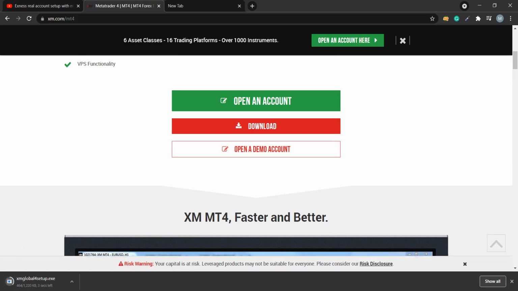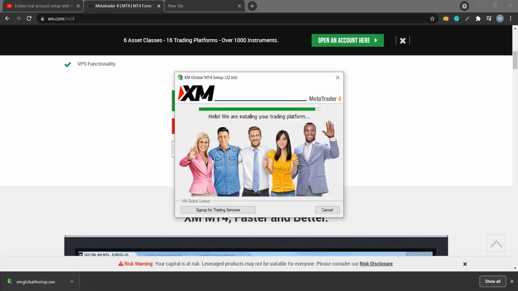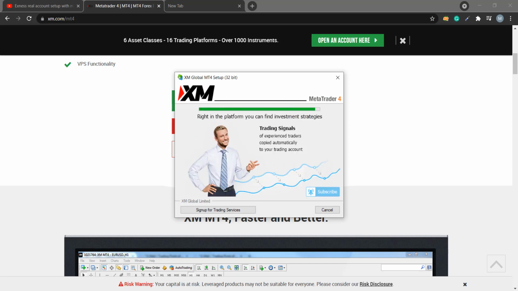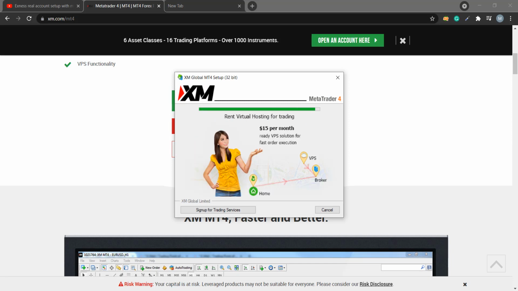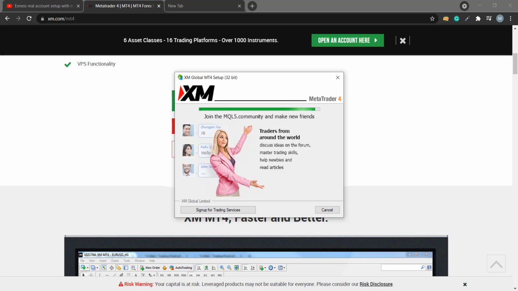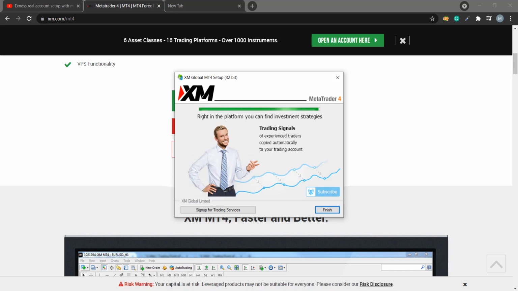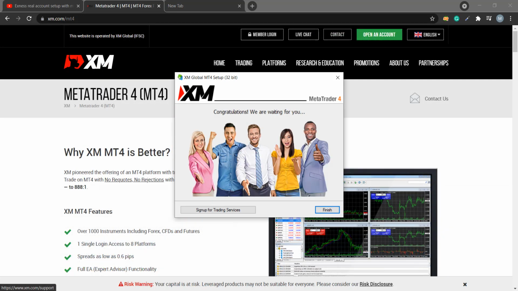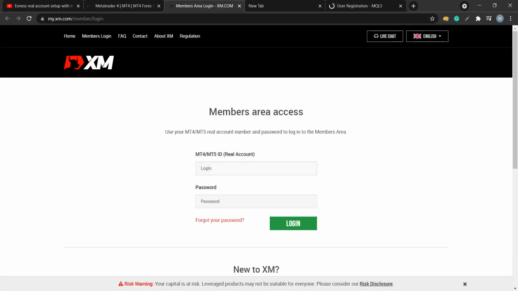After the download completes, you need to install it, and then click here. Check, the install is almost complete. This is very fast because this platform is good. If you are into trading as a forex trader, you can choose this platform. From the login page, you can check the login option. You can put in your MT4 ID and password, then you can log in. I just put in my account ID and password, then I can log in to my account.